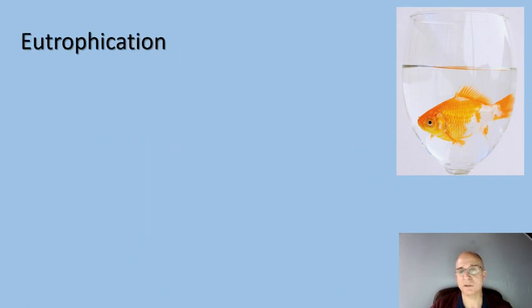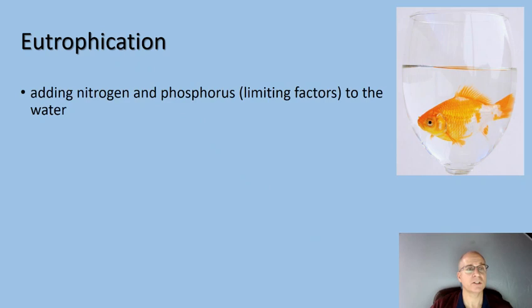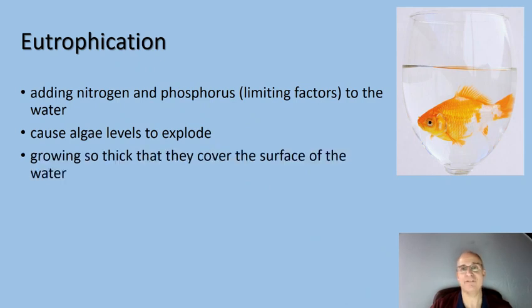This is important to know as we talk about eutrophication. So eutrophication is going to occur when we add nitrogen and phosphorus, those limiting factors, to the water. Okay, that's going to cause algae and photosynthetic bacteria levels in the water to explode. And in fact, those photosynthesizers can actually grow so thick they can act like saran wrap covering up the top